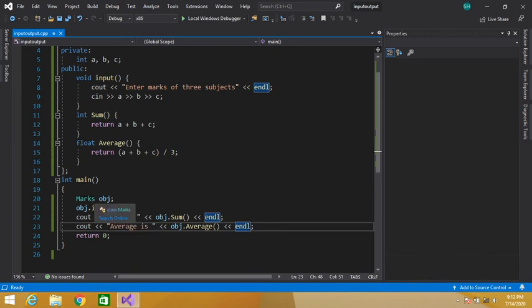So I have instantiated my class here, and then using the name of this object I called my input function, then I have called my sum function. So obj.sum will return the sum.